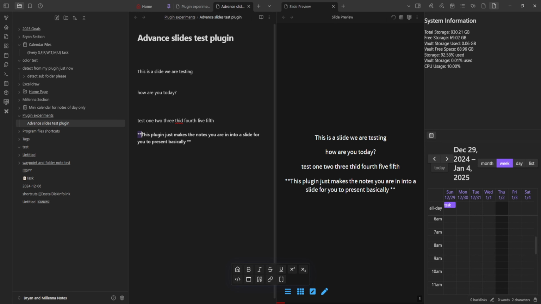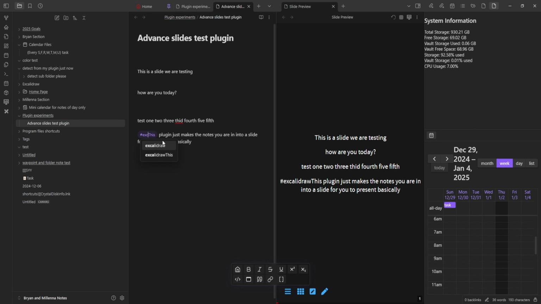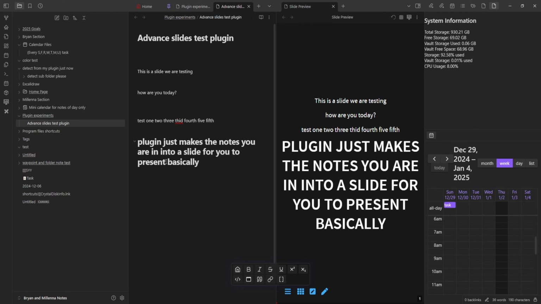Actually, I don't want to bold it. What I want to do is make it bigger. Right, so sometimes there are two plugins that are going to do it. So now, there you go. This plugin just makes the notes you are in into a slide for you to present, basically. Now if you look over here,